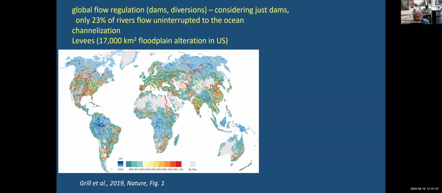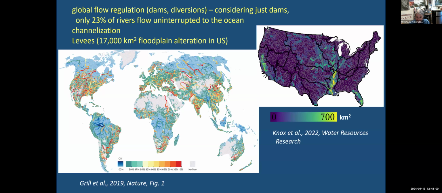There's widespread channelization. There are artificial levees, and Rich Knox was one of my PhD students who did the first cut at mapping artificial levees throughout the US. You would think, or I would have thought before we started that work, that there would be very complete databases on these things for the US, but there weren't. So he had to develop a remote sensing workflow to detect them and then map them. And in parts of the country, of course, that's a major influence on river connectivity between the channel and floodplain.